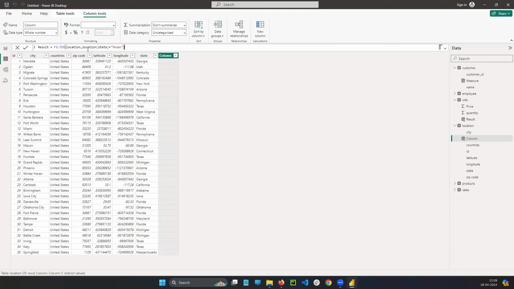See, I am using the filter function. In the filter function, what I am doing here is location. Location is the table name. In the location table, I am going to target only the state. In that particular state, which rows belong to Texas? If I click on enter,